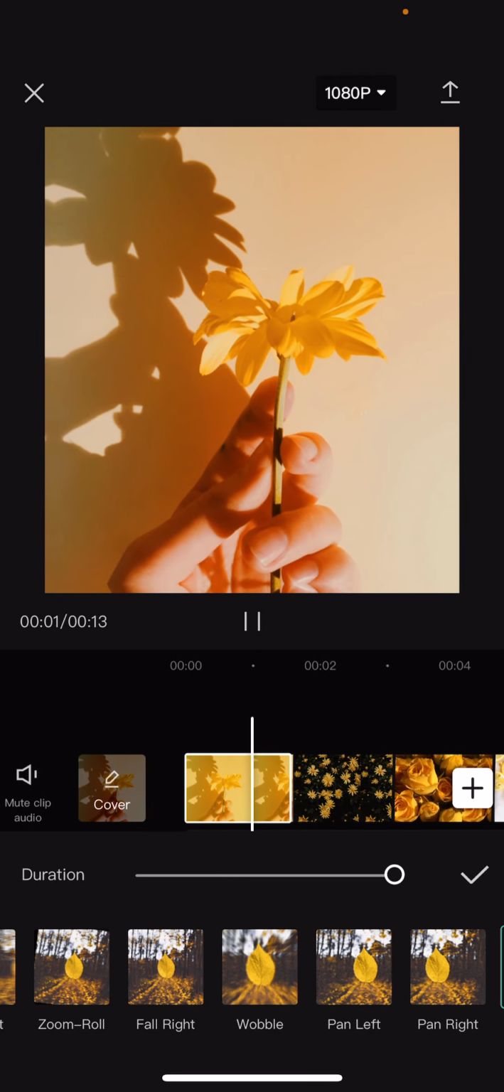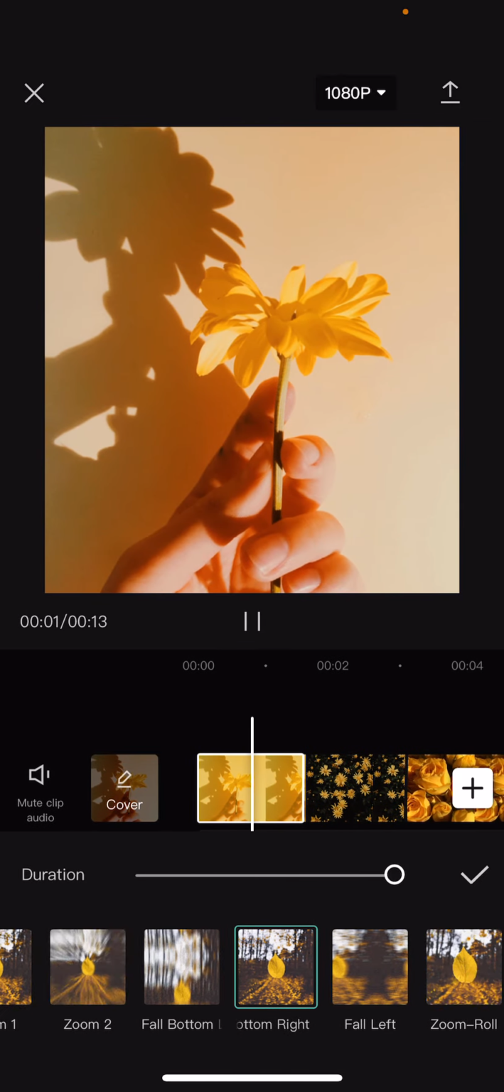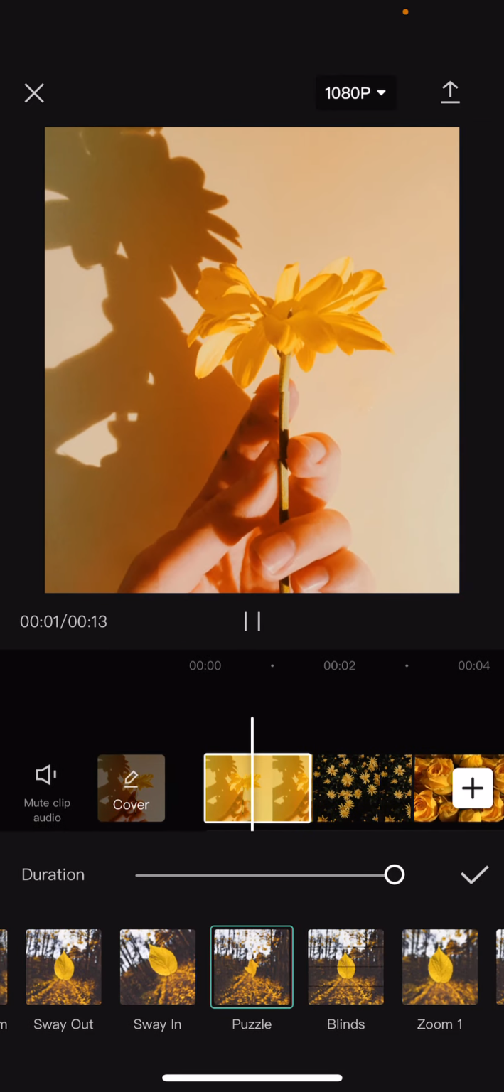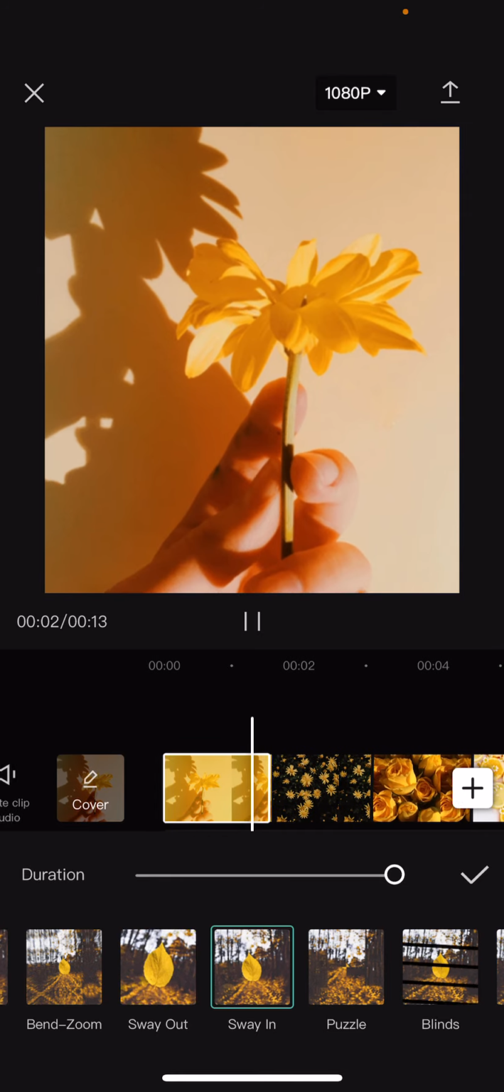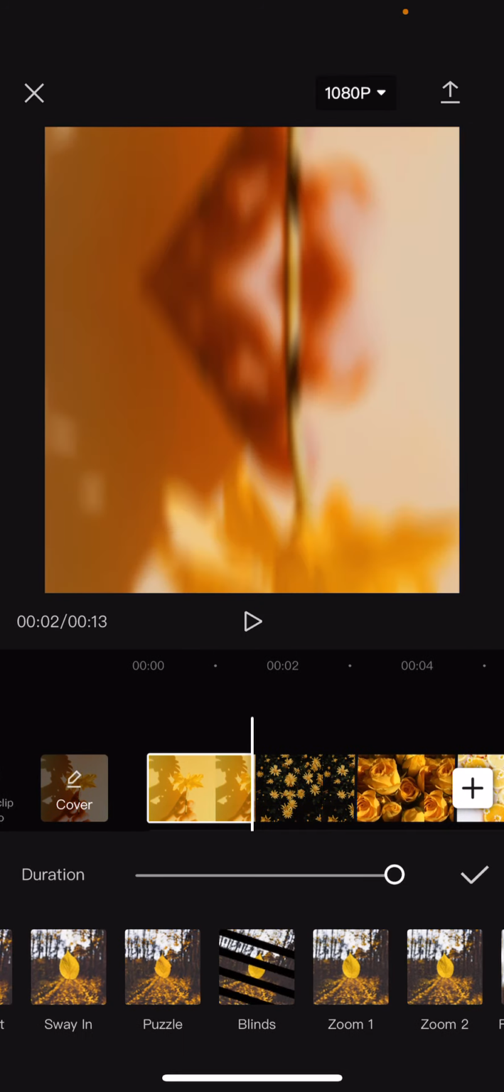okay, so let me show you what you have to do. So you click on a photo, and then next to the volume part, which should be blank, you press animation, combo, and scroll all the way to the end where the good ones are. And I usually use things like full bottom, puzzle, sway in. Sway in's a good one. Wobble is a good one. And